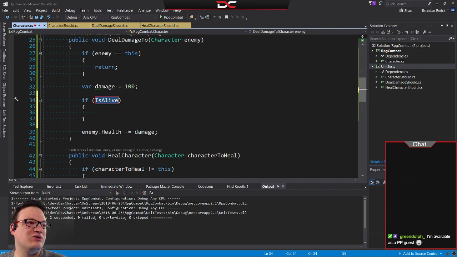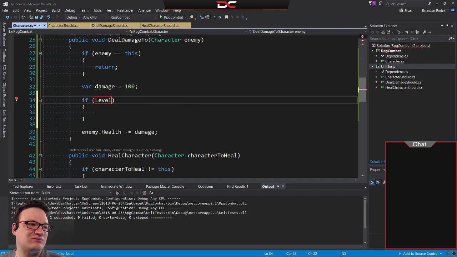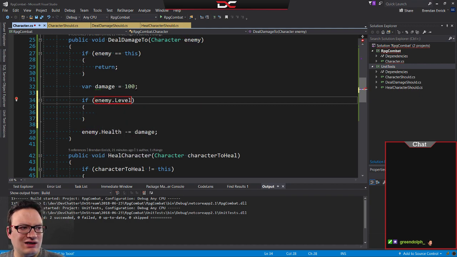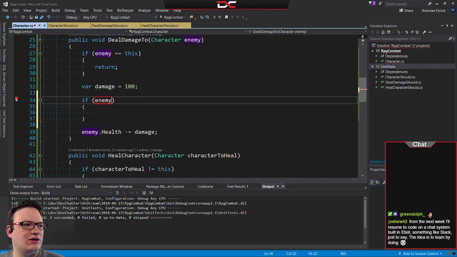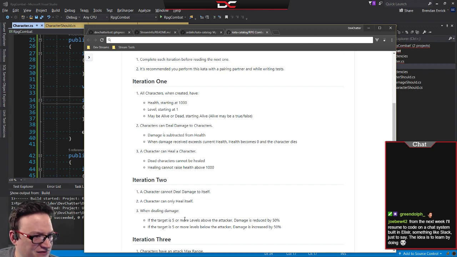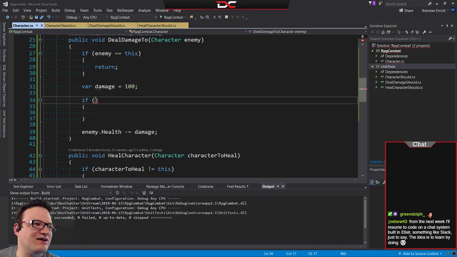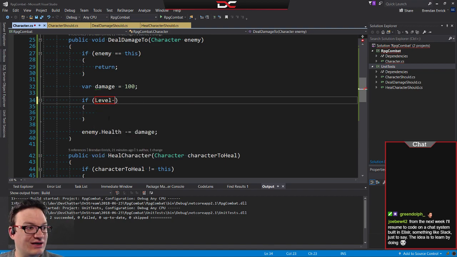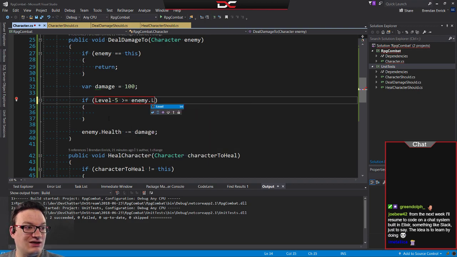So here's what we want to do. We want to say if level, we want to say we're at least 5 more than them. So we want to say if enemy.level. Hang on, let me clarify. Let me read the code again. Just want to make sure. Was it 5 or more levels? So it's equals 5. So if level minus 5 is greater than or equal to enemy.level,